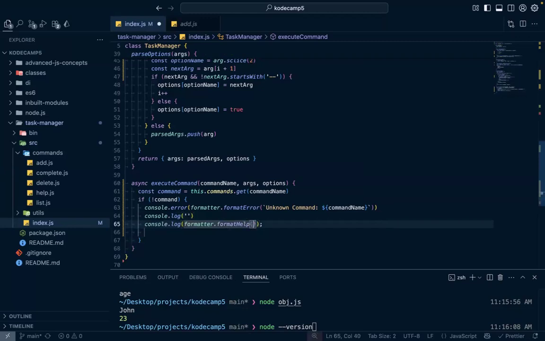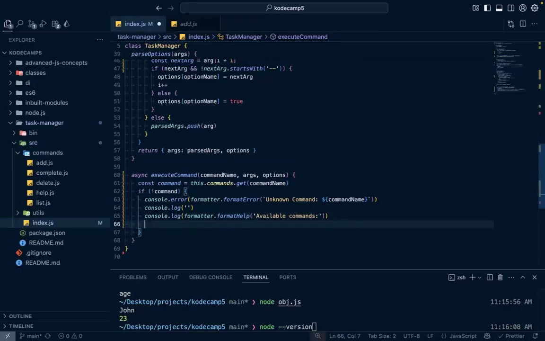So format help. And then we show them the available commands. We say available commands. So we show it on the next line. So what are the available commands? The available commands are all the commands from where we registered them, and then we display them for them. So we say this